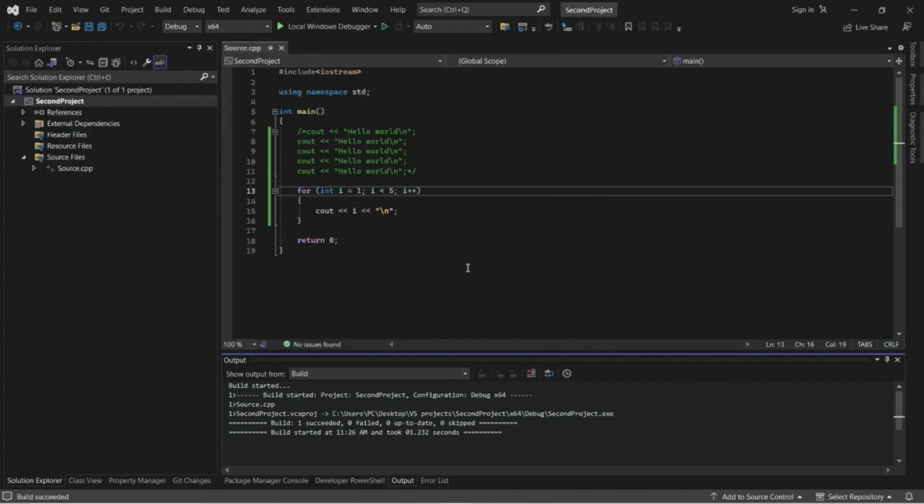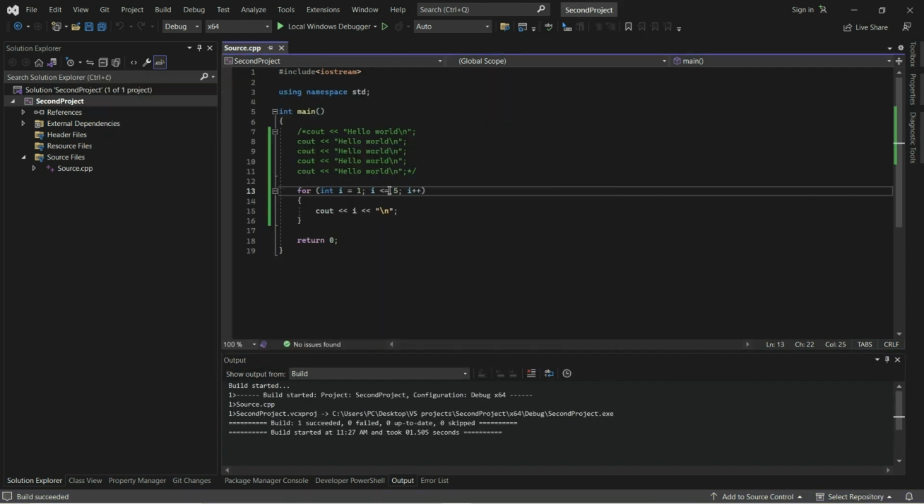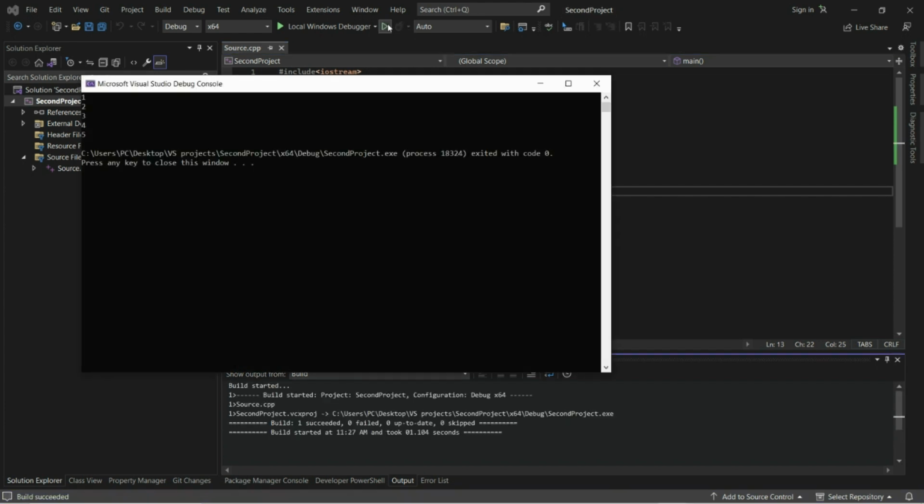In this case, if you want to execute block of code inside curly brackets 5 times, you either need to use less than or equal operator, or you need to use condition less than 6. It is printed 5 times.